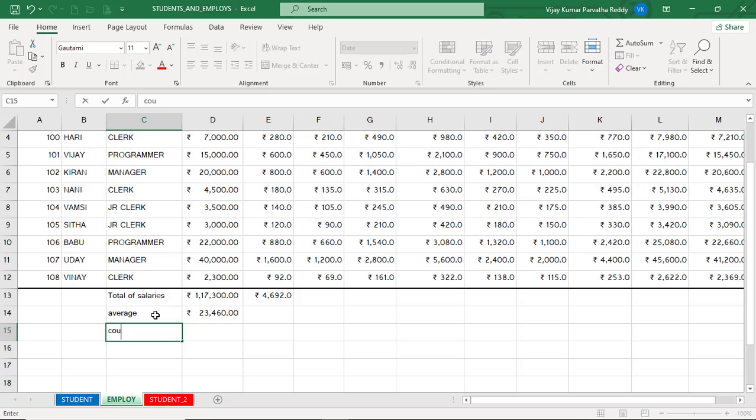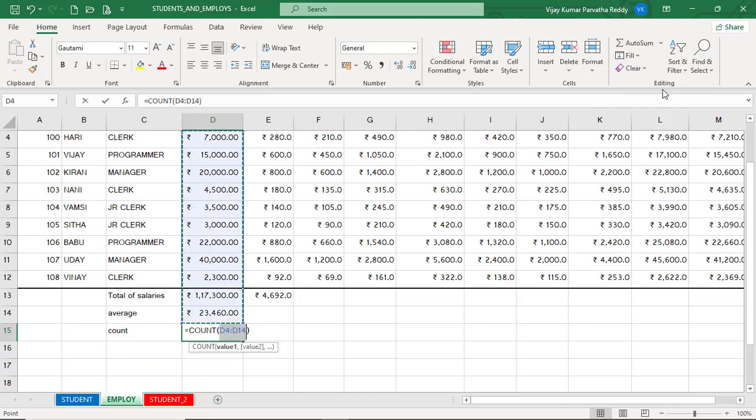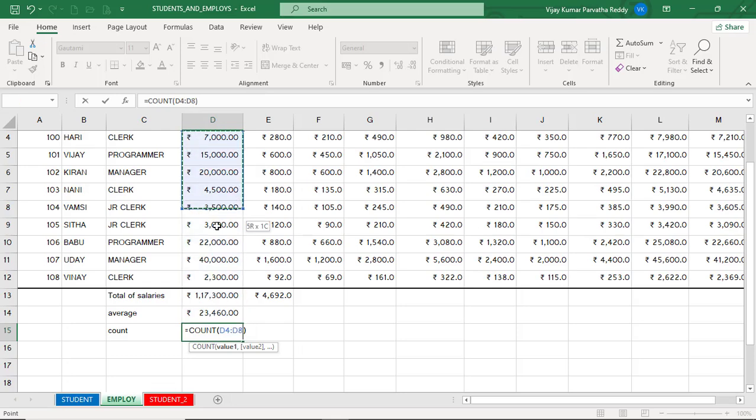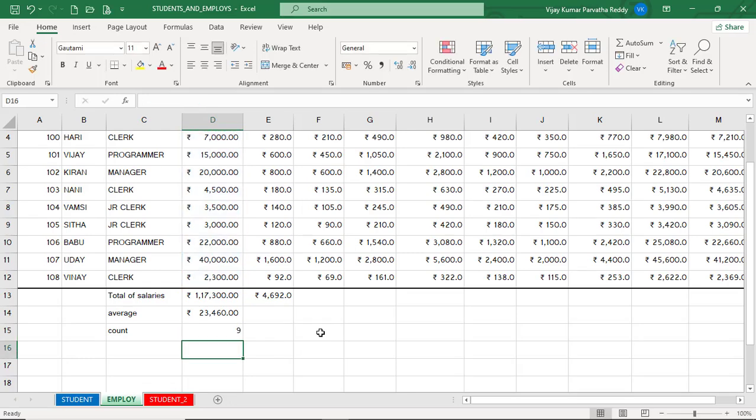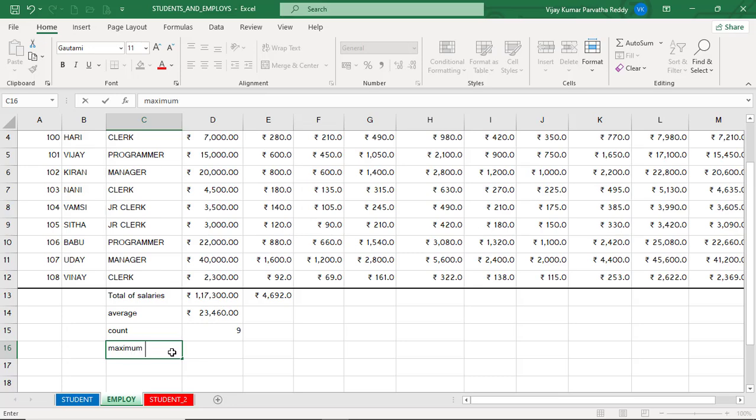And if you want to count, see, here I will apply the count. So it is including even the total of salaries. I don't want these two. So I will simply drag up to that. So how many are there? 9 is the count. And if you want to get the maximum salary, then click here